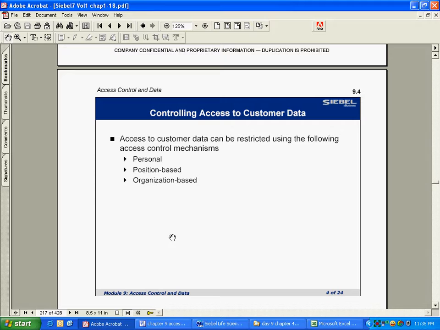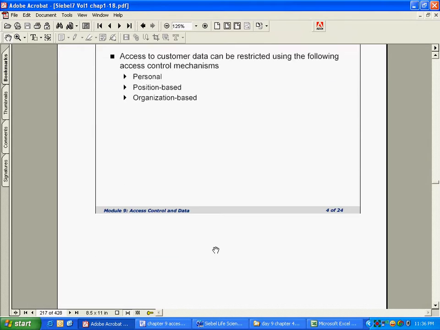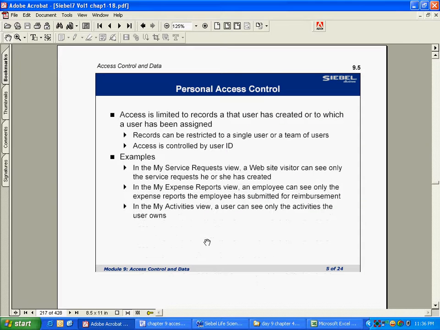Personal, position based, and organization based. Position based access control, you already know, right? How does it help? For every record you have a position, and then you have position hierarchy. It helps you in making my accounts, right? But what is this personal? Personal is the least used thing of Siebel. You can actually give the access at the employee level also, not only at the position level. But Siebel doesn't recommend using it, so nobody uses it. So you don't need to worry that much about it. Organization based, we'll come across this thing down the line. Let's handle it at that time.